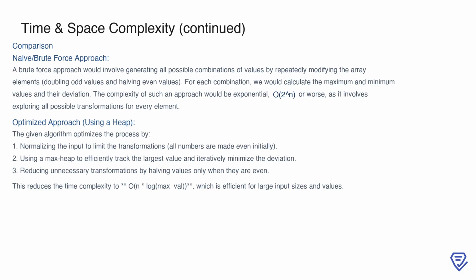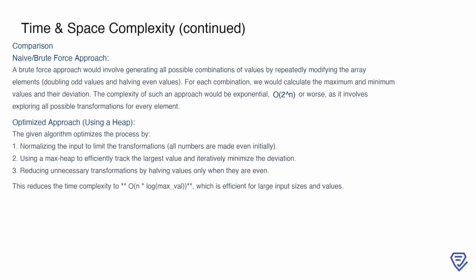In contrast, the optimized approach leverages normalization, a max heap, and efficient halving operations to reduce unnecessary transformations. By normalizing all numbers to even values initially, the algorithm limits the number of transformations required. The max heap efficiently tracks the largest value in the array, and halving operations are only performed when the largest value is even. These optimizations reduce the time complexity to O(n * log max_val), making the algorithm scalable and efficient